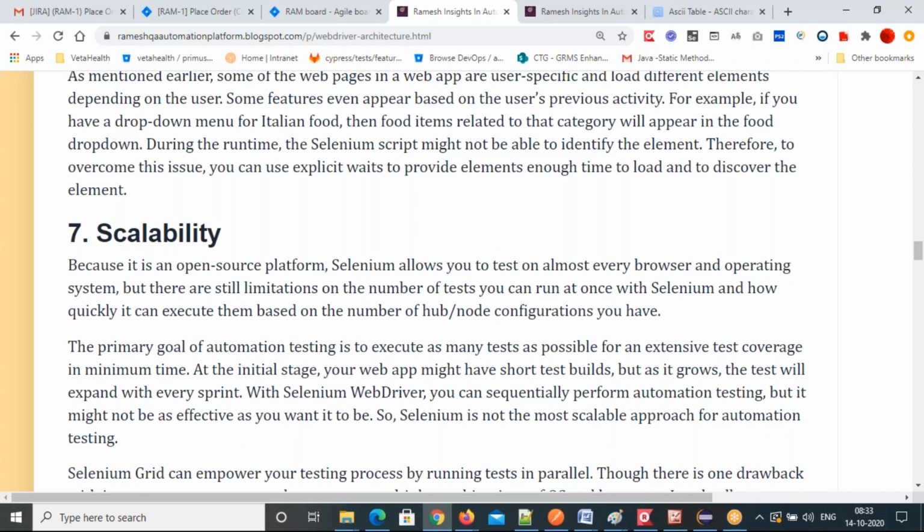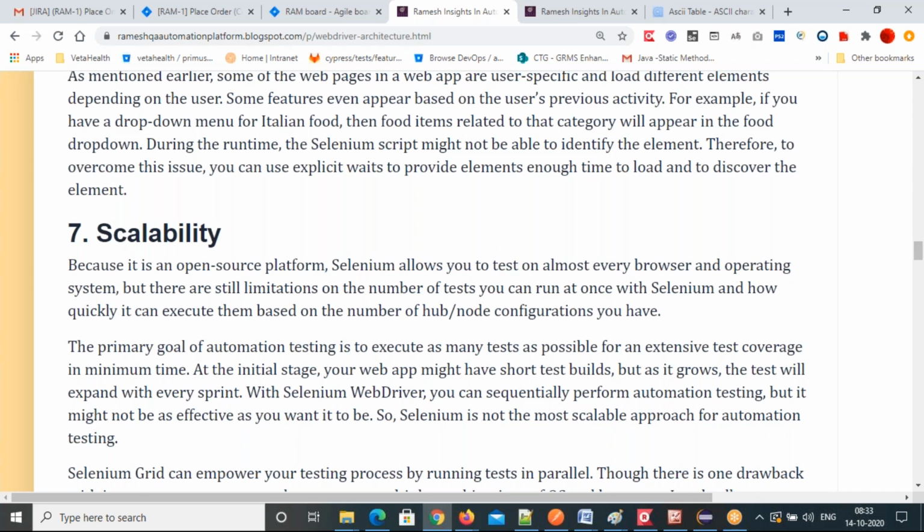Each node means one operating system. You can run your test cases on each node, each operating system, and how many you can run, that's scalability. How many test suites you can run at a time, based on how many you configured.